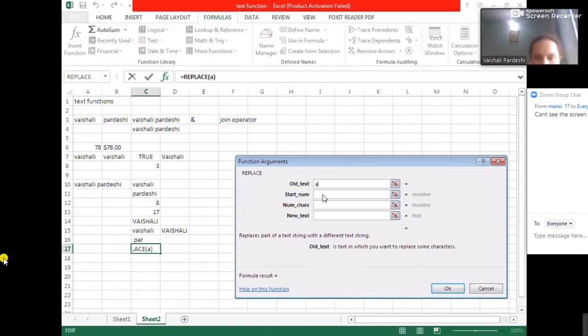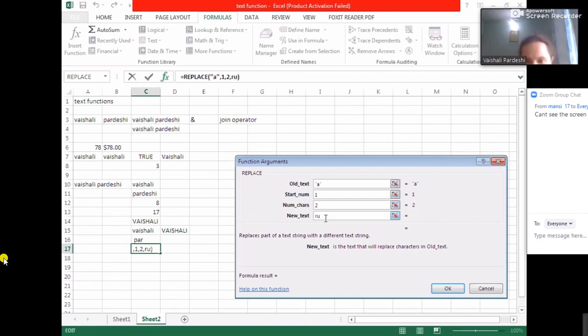Starting number is the position of the character in the old text you want to replace. So I want to replace my first A. Okay, how many characters do I want to replace? 2. Okay, with a new text. That is the number of characters you want to replace.